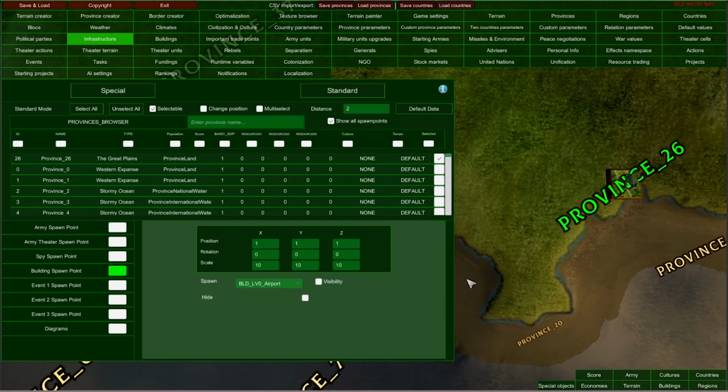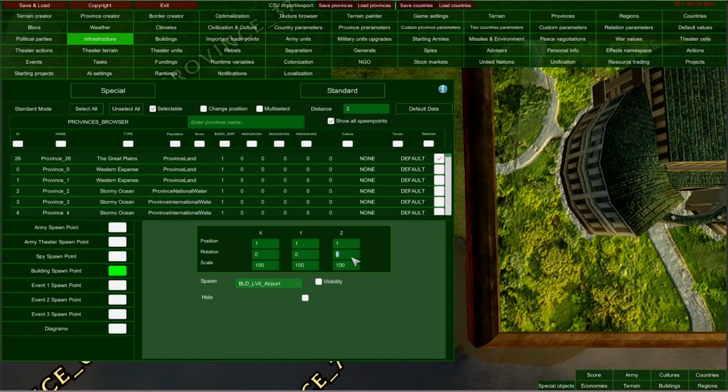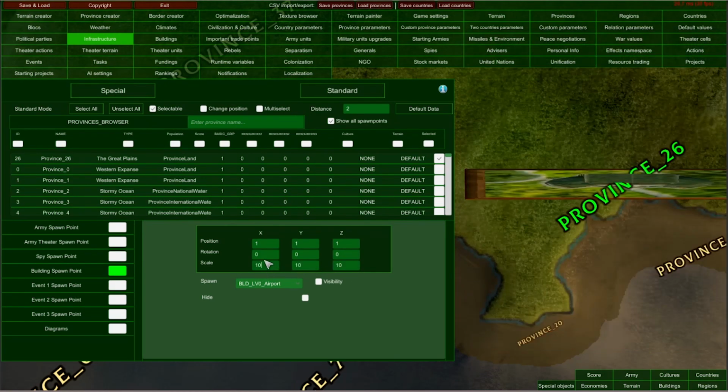And as you can see, first of all, I can here scale the model size of each infrastructure element on each province independently. So for example, I can scale up this building here, but let's say that values of 10 everywhere are what I am looking for. And I can simply change the position here of this building.